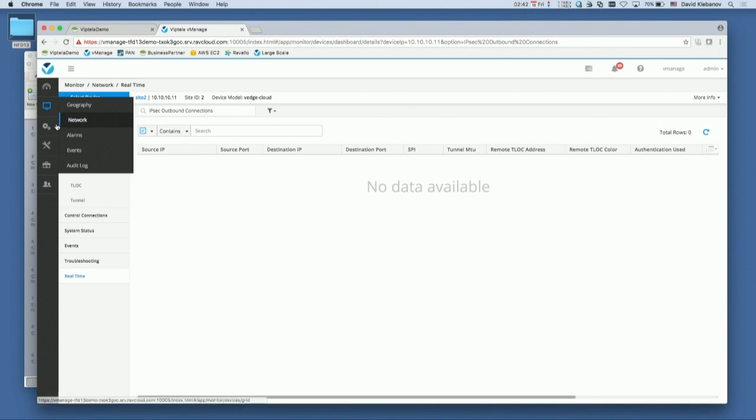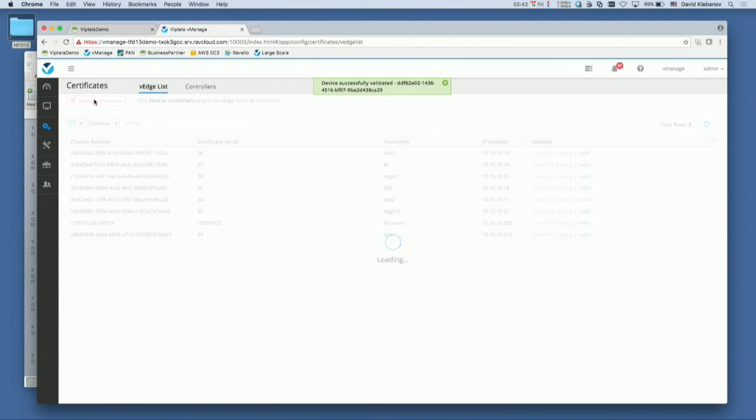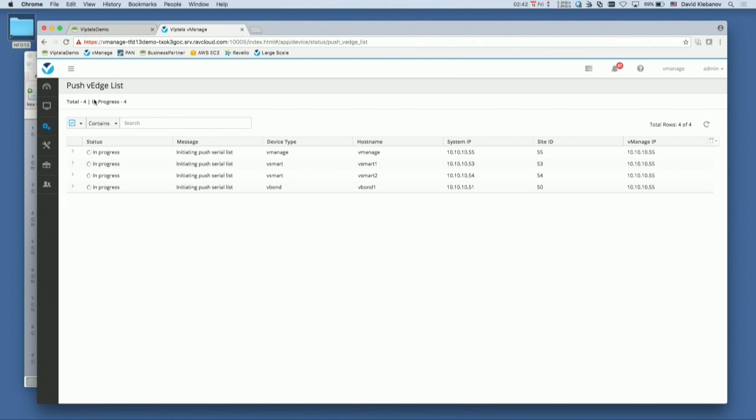Now, the next step that I can do is promote it into a fully valid device. Of course, this requires a maintenance window, because that activates the tunnels, so to speak, right? All the devices now need to start building tunnels. So the device does go through a process where it loses some of the connectivity. So it's a maintenance window of activating the device after it's been staged, right? I'm basically repeating the same thing. I'm pushing this to the controllers. Now the device has received the instruction to be activated. So we need to wait a few seconds for the network to